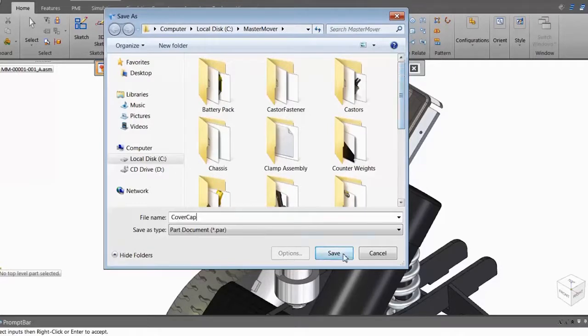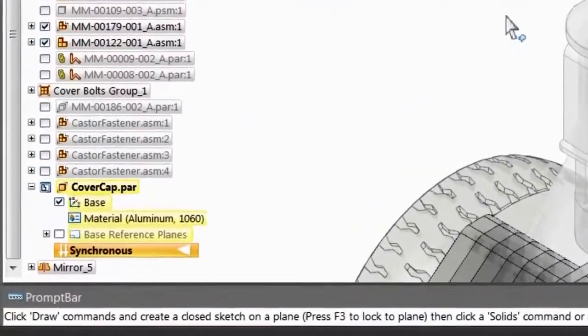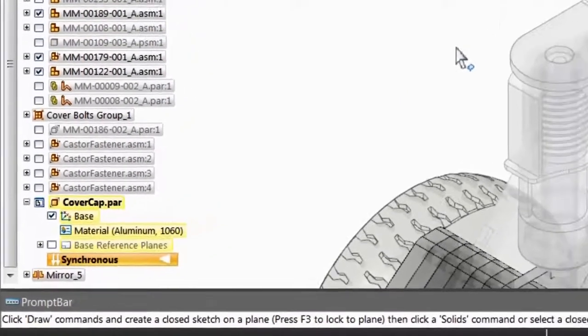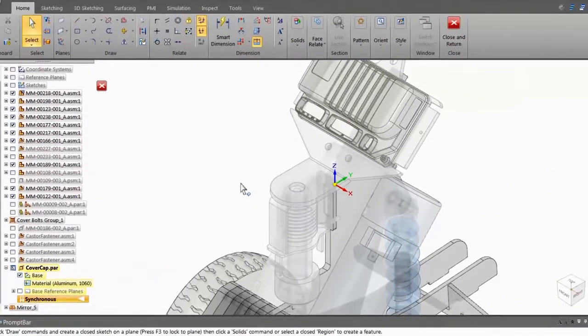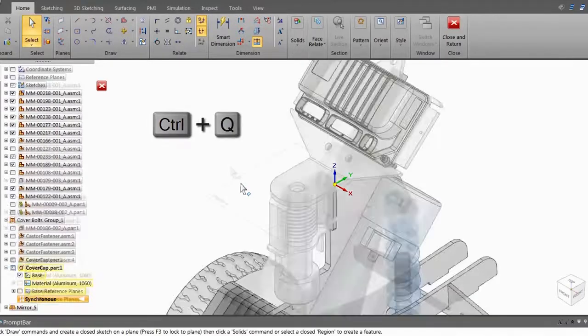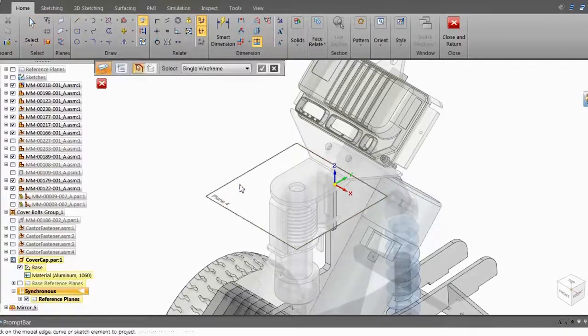The advantage is that you can create geometry by referencing the background components of the assembly to ensure proper fit and function. You can toggle the display of the overall assembly in the background by pressing Ctrl-Q. When defining the location for the new part, we strategically selected a key point where we wish to begin the